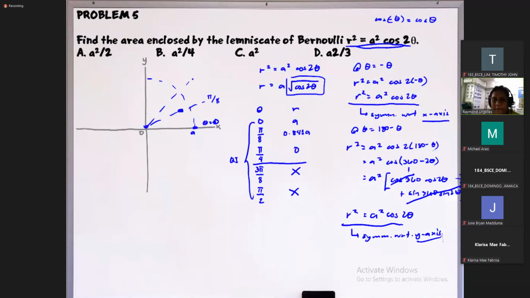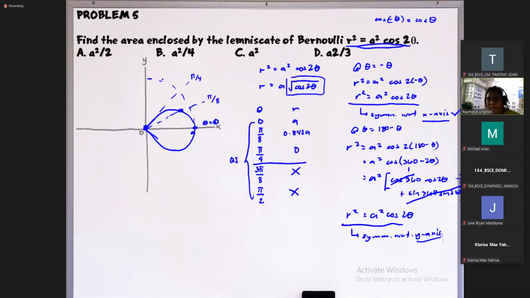So at pi over 4, ito yung pi over 4. So yung radius natin ay 0. So ito yung radius is 0. Then after nyan, wala na siyang value. So ibig sabihin, ito lang yung makikita natin sa first quadrant. So you will get this curve. Nakuha ba? Tapos, since symmetric siya with respect sa x-axis, pwede natin itong kopyahin dun sa kabila ng x-axis natin. So pag kinopya lang natin yan or ni-reflect lang natin, you will form something like this.